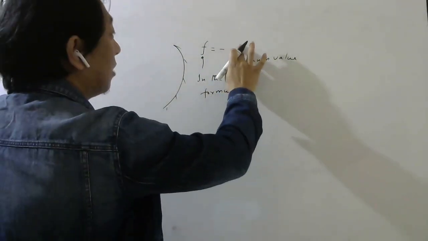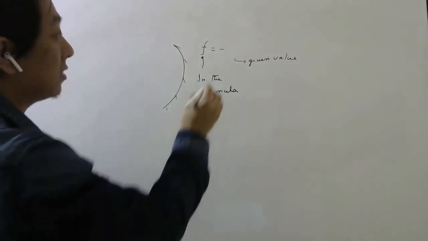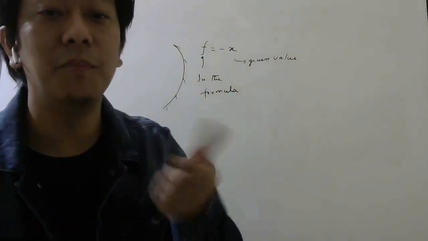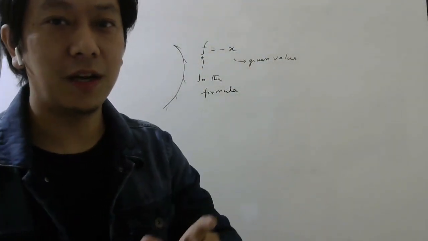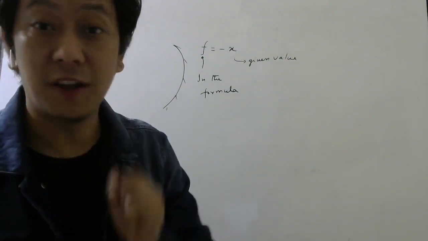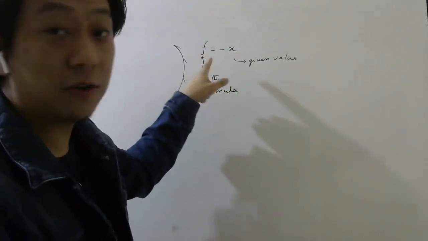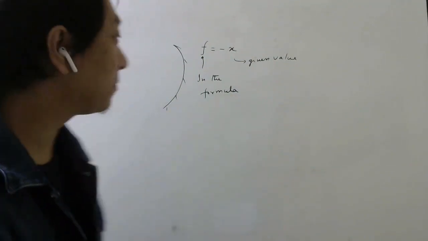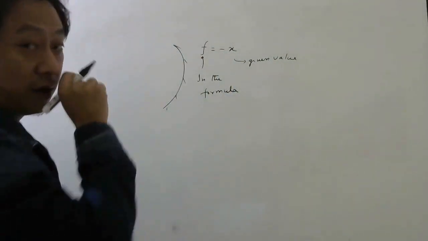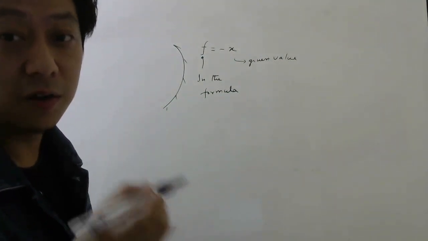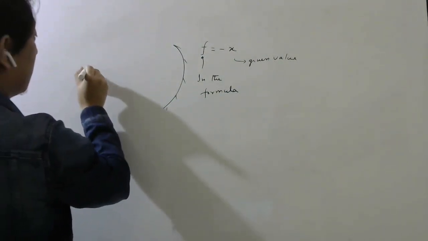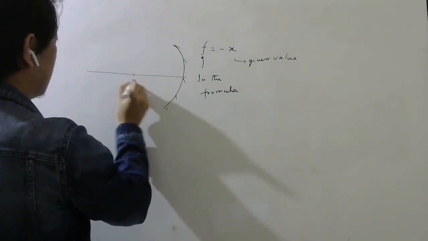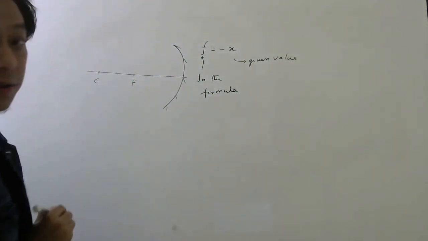So let me say whatever focal length they have given is x. So it will be easy. So think of this x as a number. Suppose if they say focal length is 10 centimeter of a concave mirror, then what do we write, f equals to minus 10 or plus 10? Concave, so we write minus 10. So think this x is the given value of the focal length. Now this is the principal axis. This is the focus. This is the center of curvature.